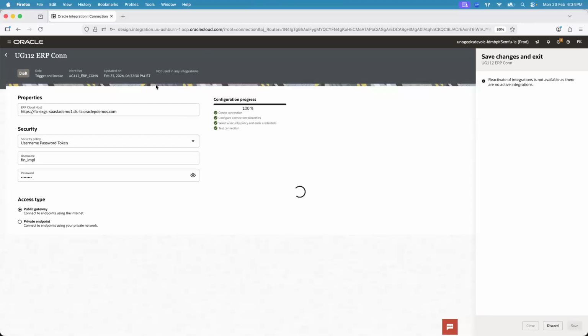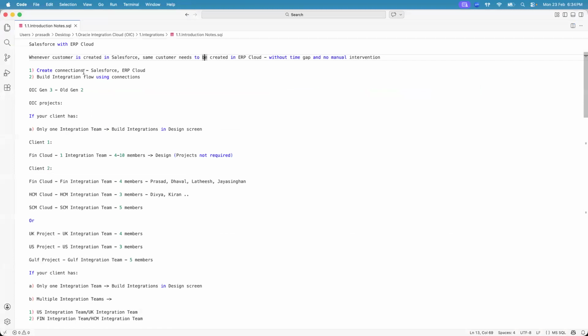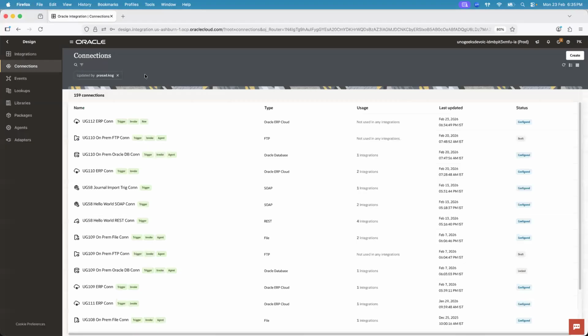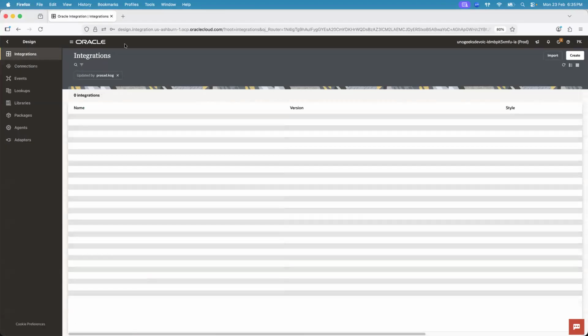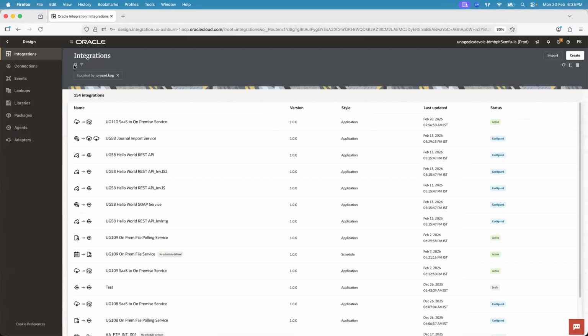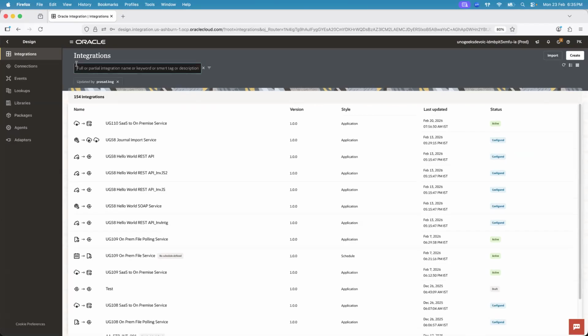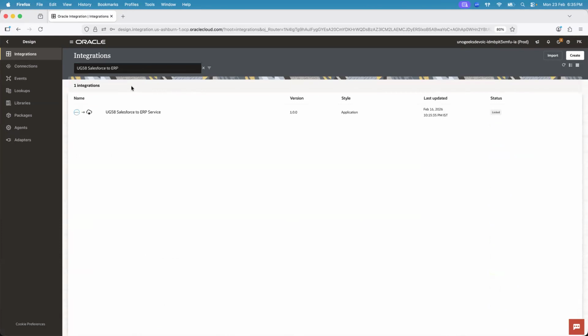Now, once a connection testing is done, so this is what you would do. Step number one, you understand what are the systems that you need to talk to, create the required connections. And after that, you have to build the integration flow using those connections, guys. Assume that Salesforce and ERP connections are in place. You need to go ahead and build an integration. And in that integration, you need to build an integration flow. And that integration is going to look something like this. So Salesforce to ERP. So I'm going to search for one of the integration I created for a previous batch